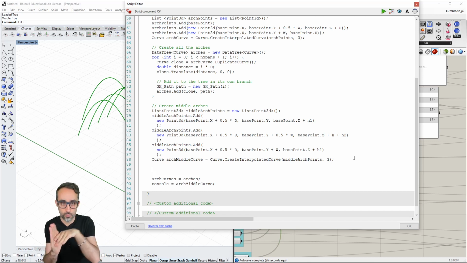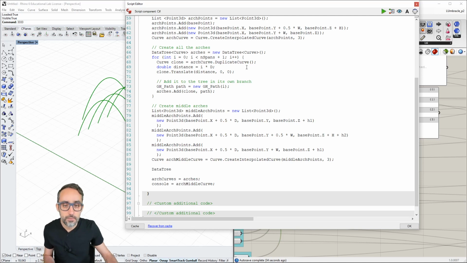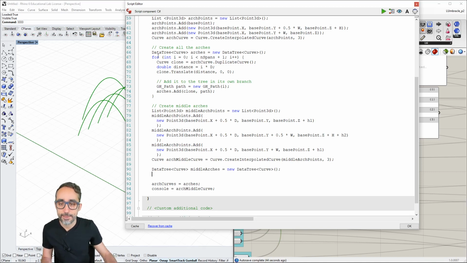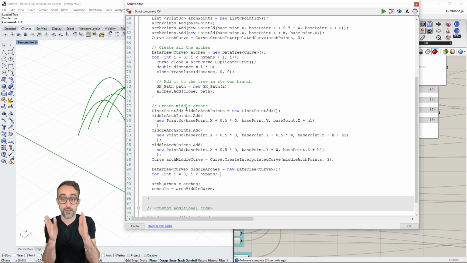We want to translate that clone, and we want to add it to the branch. I'm going to write this manually. Data tree, well, maybe not so manually. I'm going to copy paste a little bit. Data tree, middle arches. And then I'm going to create a new for loop where I'm saying i is going to be equal to 0, i is going to be less than the number of spans, and this is just going to be the number of spans because we have the same amount of middle arches as the same amount of spans. So here we're good. i++, and then